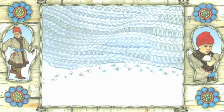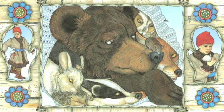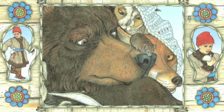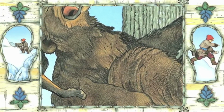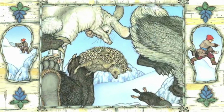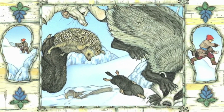Along came a meadow mouse, no bigger than an acorn. She wriggled into the one space left and made herself comfortable on top of the great bear's nose. The bear, tickled by the mouse's whiskers, gave an enormous sneeze. Ah, ah, ah, ka-choo! The force of the sneeze shot the mitten up into the sky and scattered the animals